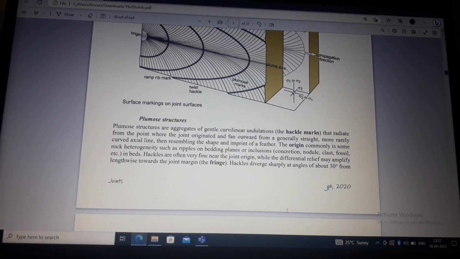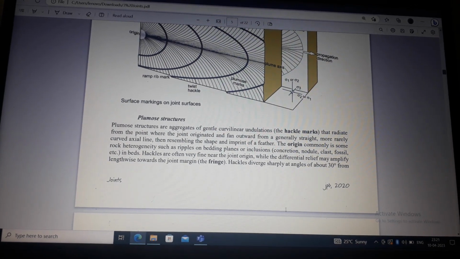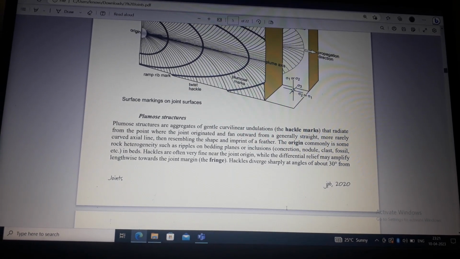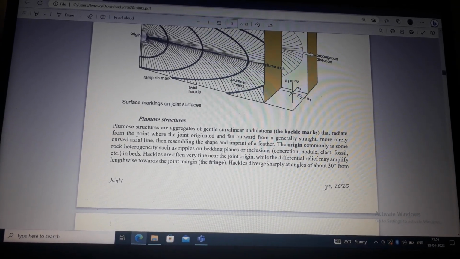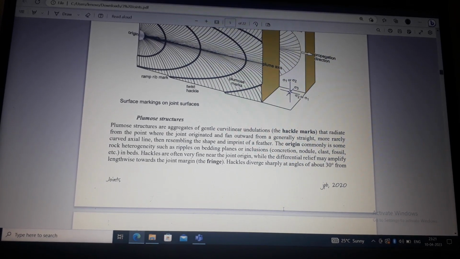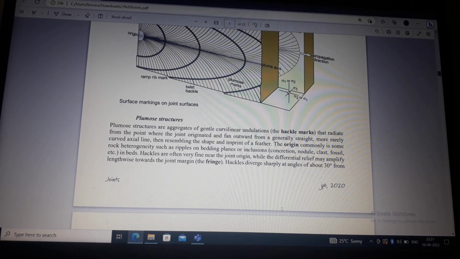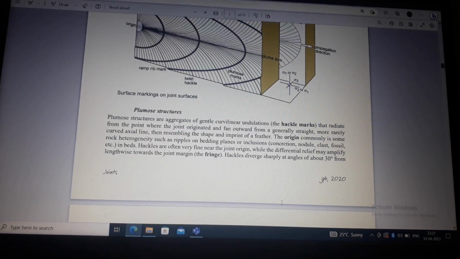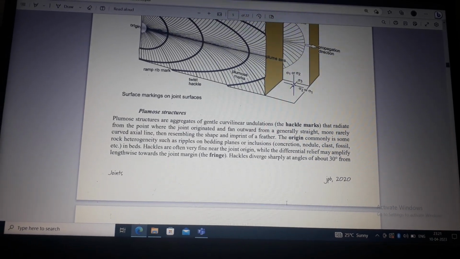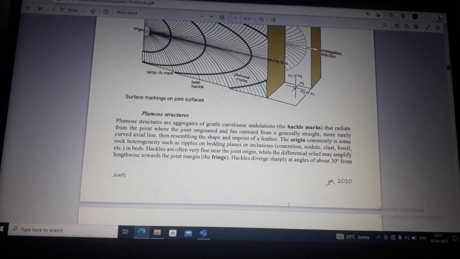The region commonly has some rock heterogeneity such as ripples, bedding planes or inclusions. In beds, hackles are often very fine near the joint origin,